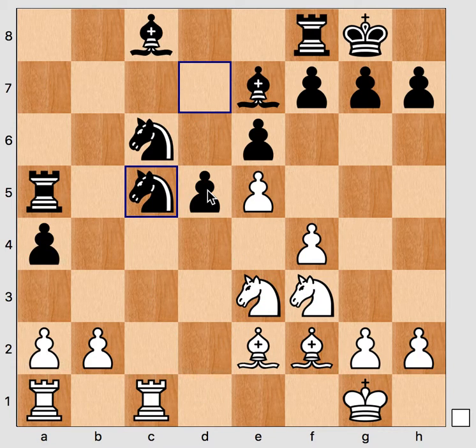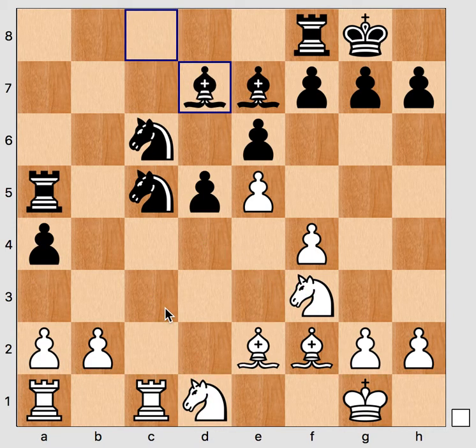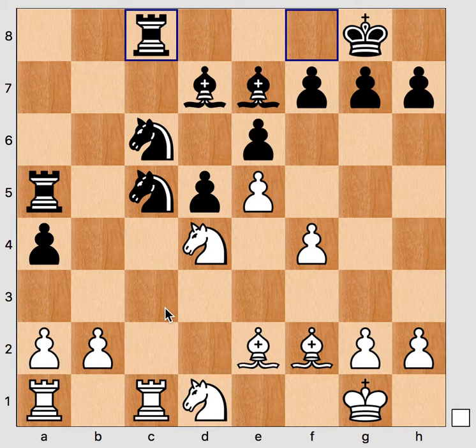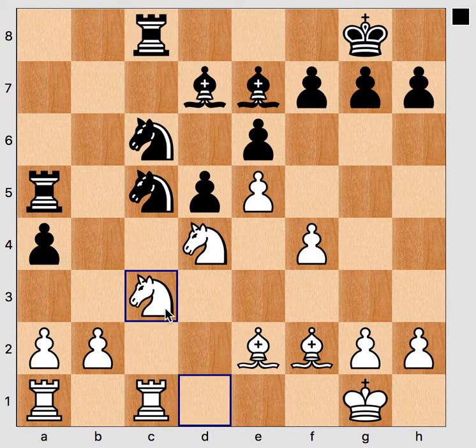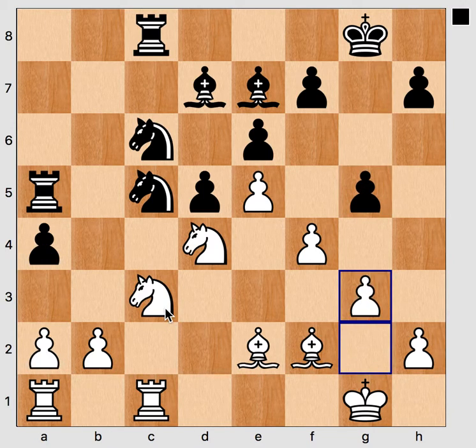The knight takes on c5, and now MVL proceeds with the maneuver of blockading the square and bringing the knight in here. Bishop d7, knight to d4, rook c8, knight to c3, and now black looks for some active options, g5. White just says, okay, if you want to exchange here, that's fine with me. And now,